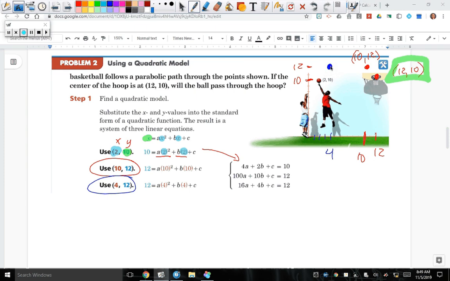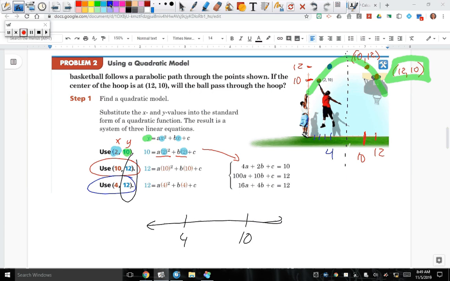It's very symmetrical to where if the ball's released here, and it has that symmetry about it, most likely the vertex lies somewhere there. You see what I'm saying? So looking at this, I can develop like a center point somewhere by looking at those common heights right here. So if their height is 12 at both 4 and 10,